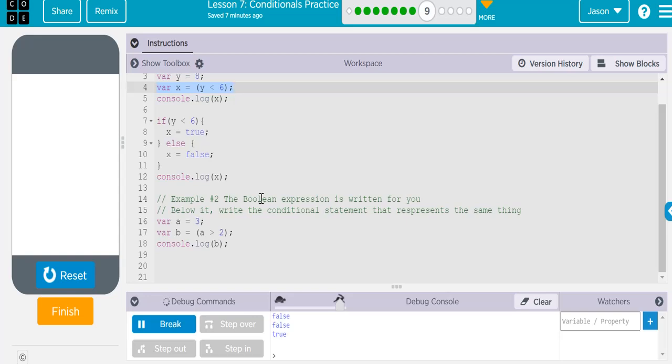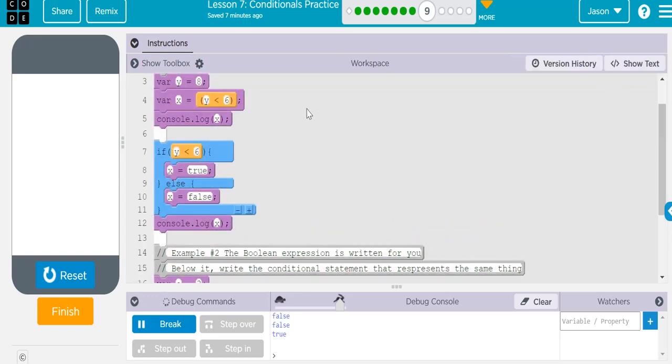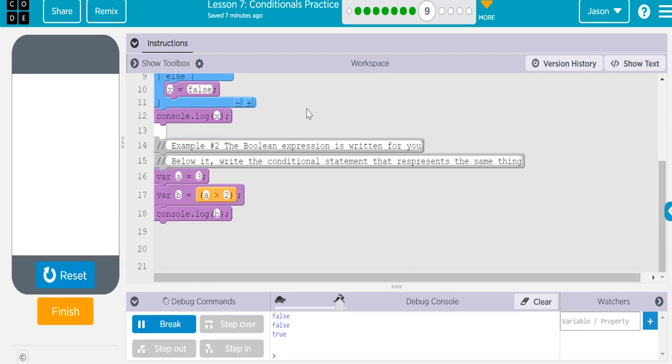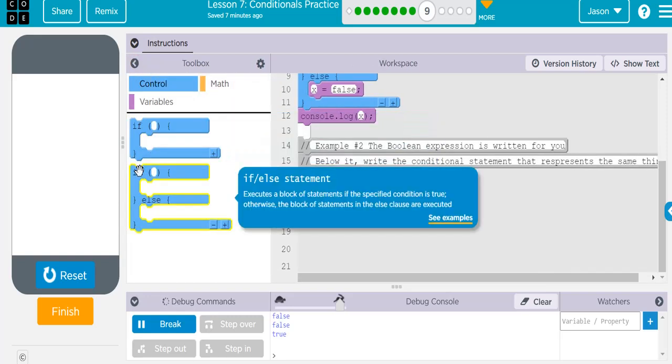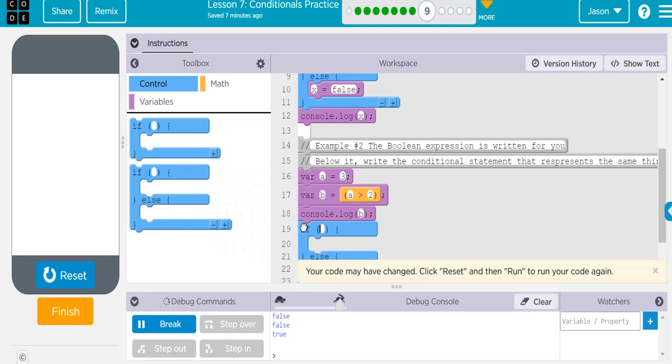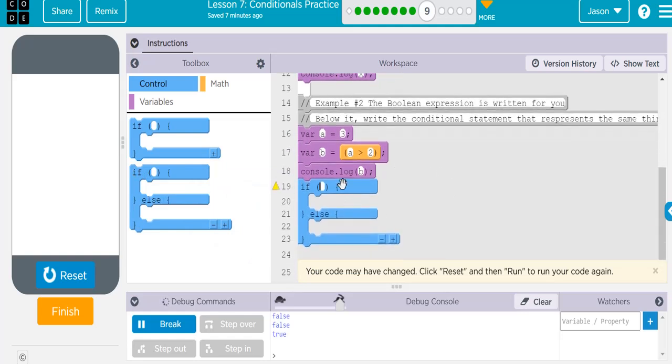Example 2, the Boolean expression is written for you below. Write the conditional statement that represents the same thing. Okay, so just like we saw written in line 4 and then 7 through 11 meant the same thing, we're going to do that for this. And I'll change it to block mode for us in this case. So we're going to need an if-else. Let's drag this one in. And our first conditional is based on what a is. So if a is greater than 2,